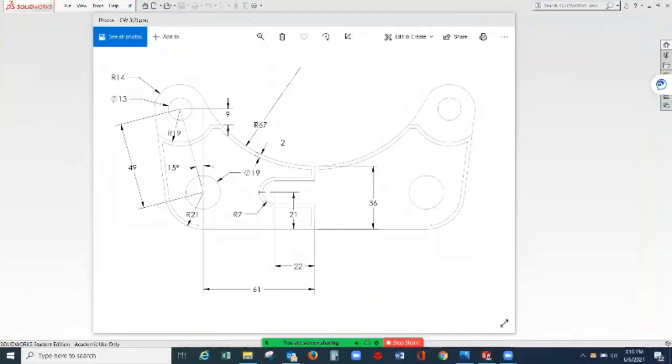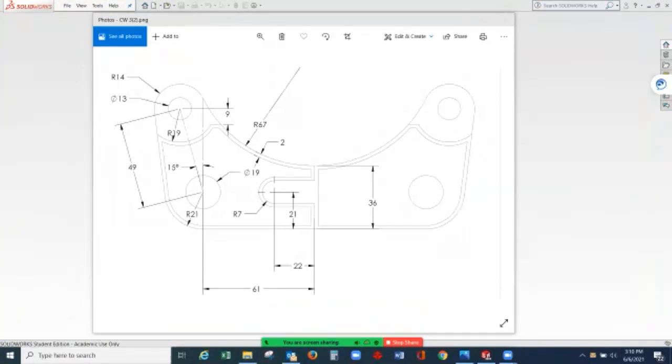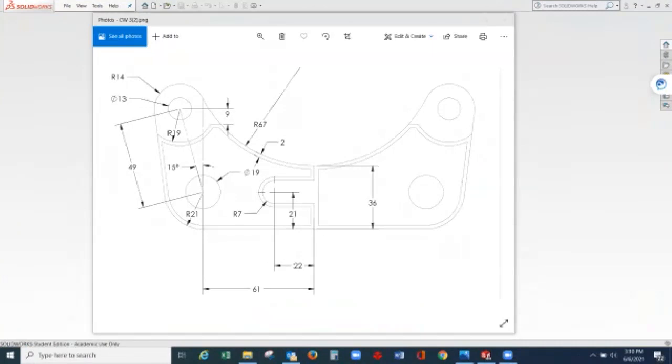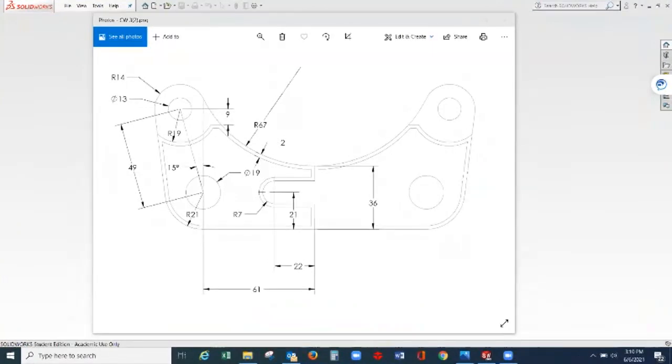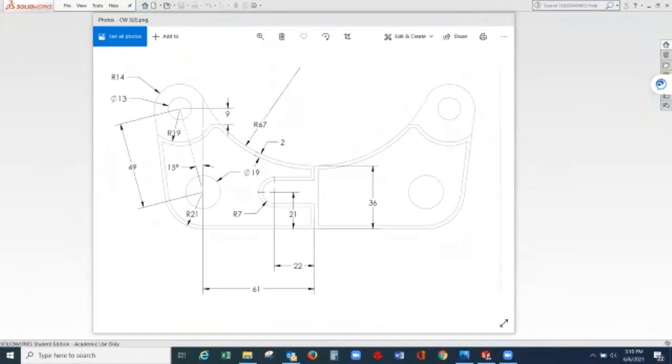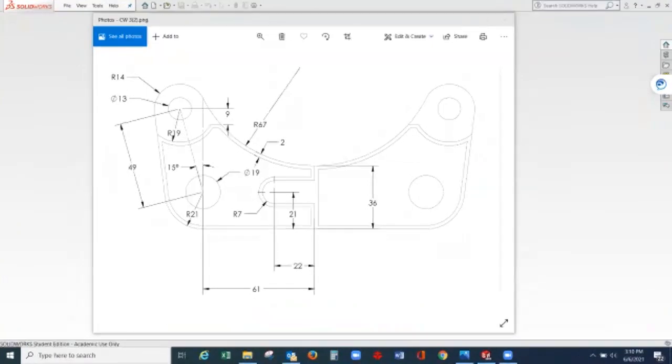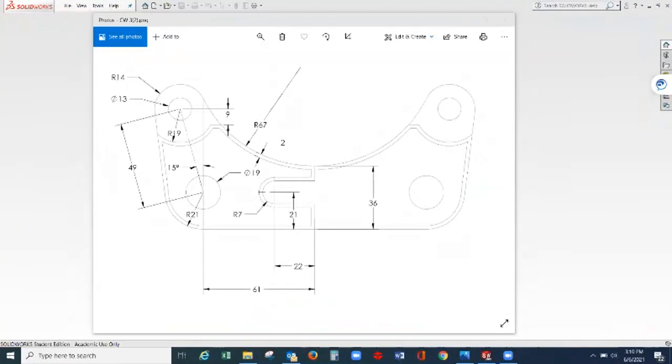This is another example of getting the area of a region in SolidWorks, wherein we can apply some tools, like for example, offset entities and mirroring. So that will help us to make our drawing easier and faster. So first, if we are given this kind of drawing, we need to analyze the drawing first to find